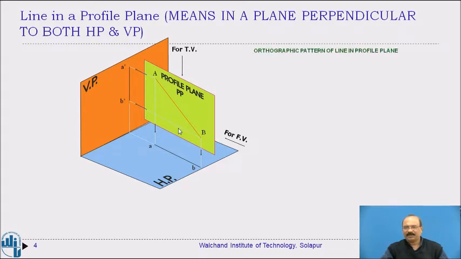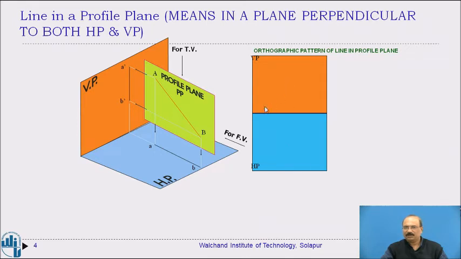The important thing here is how this particular line looks in the front view as well as the top view; you are going to draw it in the orthographic pattern. The color code is the same as before: this is the vertical plane, and the blue color I am considering as the horizontal plane, which comes below the XY line, because the intersection of these two is the XY line. Now this is taken as the profile plane. The profile plane is taken on this side here. Based on this, you draw the line in the orthographic pattern.